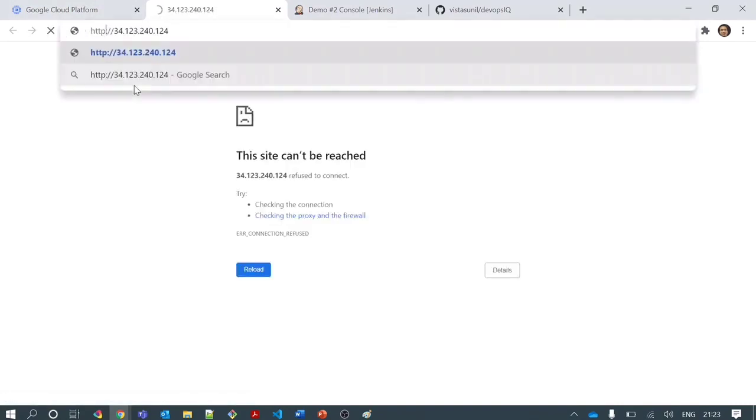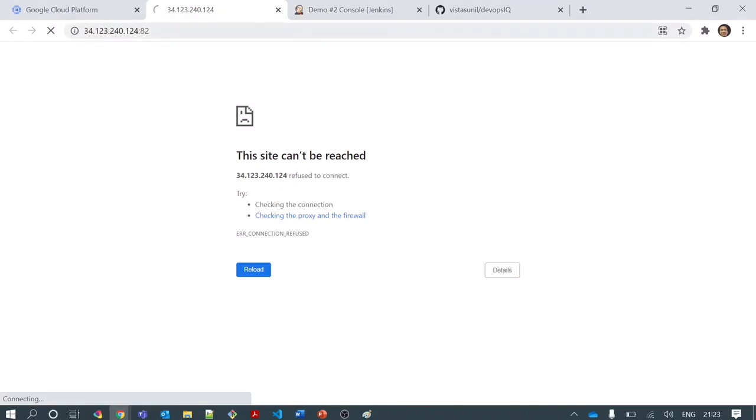Let me remove this HTTPS and put HTTP, and what is the port number? It is 82. That is the mapping inside the container. And that's where I'm able to see and access the index.html file that was placed in my DevOps IQ code, and I can see my container is working fine. My application deployed is working fine.